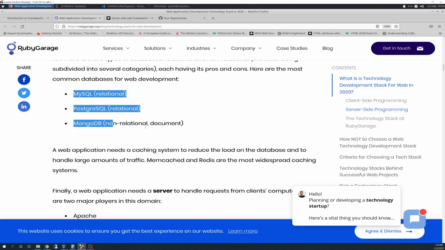have a basic understanding of databases. I'm not a pro with them. I know how to add and drop and create tables and stuff like that, but that's about it. I have much to learn. You got MySQL and Postgres, which are both relational, along with vanilla SQL, which they didn't mention here. And then you have MongoDB, which I have heard of, never dealt with it, but it's non-relational.